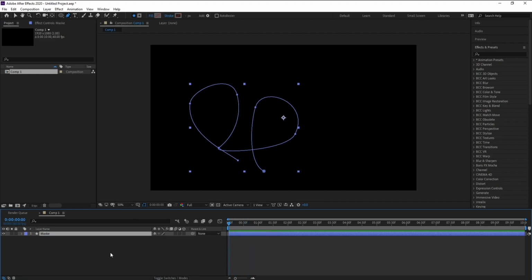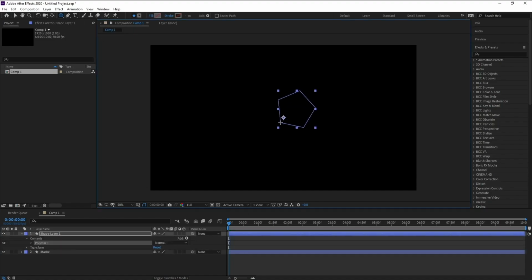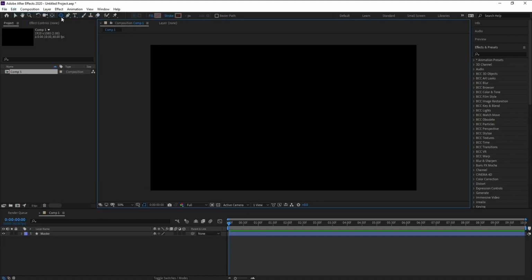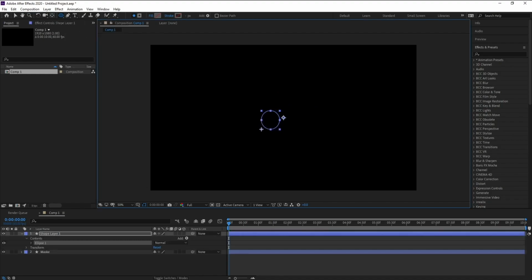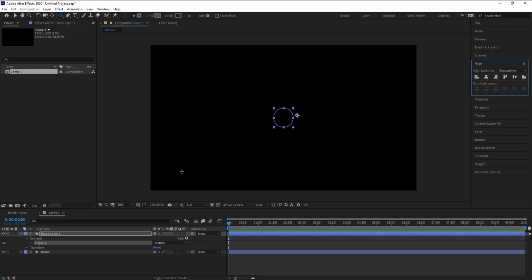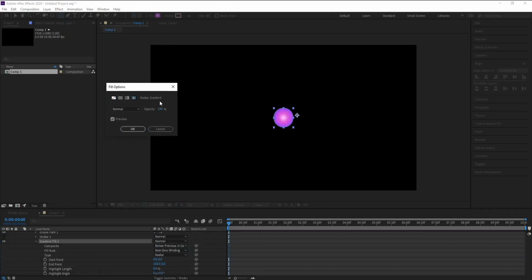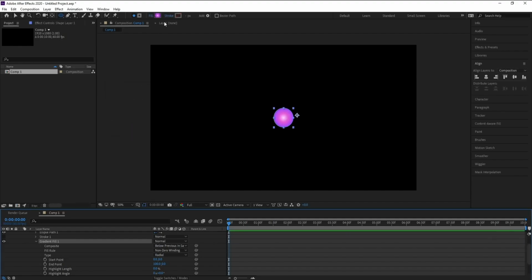Now make sure that you are on space here. Then I'll go to the ellipse tool and I'll draw a circle like this. Go to align to put this circle into the middle and go to fill and I'll choose radial gradient. Okay, and